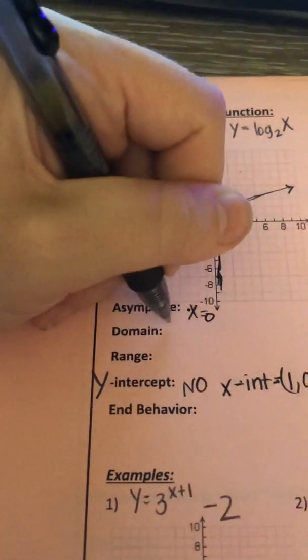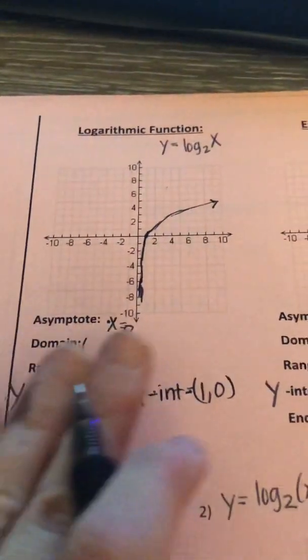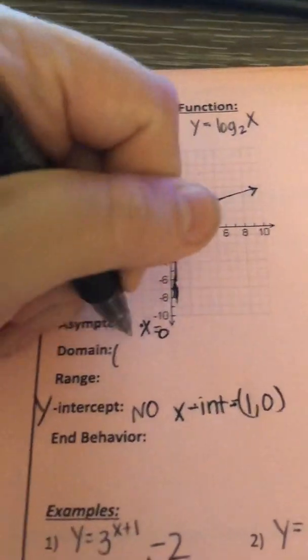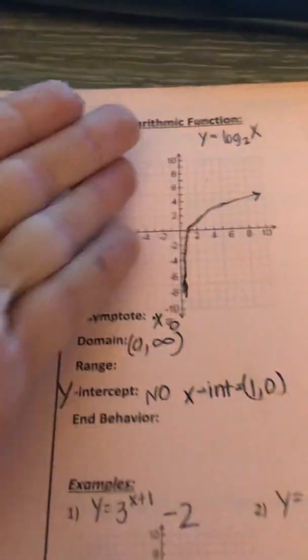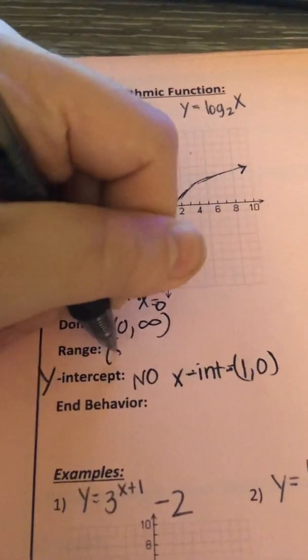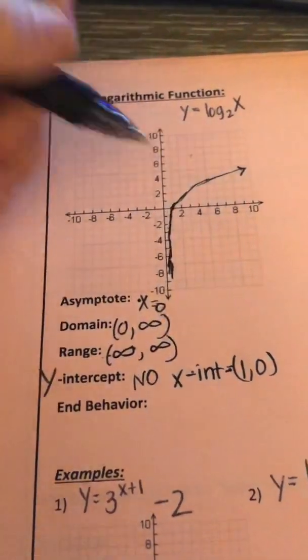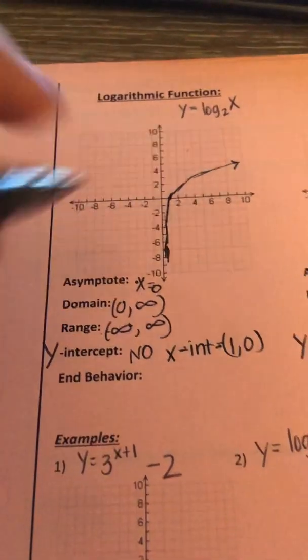Domain. So our domain is going to be what x values do we see it touching or crossing? It is never going to hit any of these negatives. It's never going to cross 0. So our domain is just from 0 to infinity because it'll never touch this left side of the graph. Now our range will be negative infinity to positive infinity. It can touch every value of the y-axis. And then end behavior,